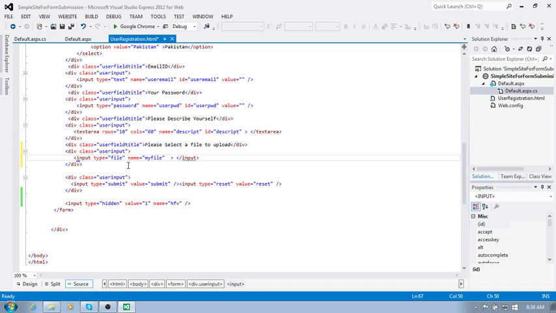Similarly, class equal to, we need to put some class, this is going to be user input. Like this I want to select a file. So once the file is selected, I should be submitting it. So close the input tag like this, then remove this. Input type equal to file, name is my file, then class equal to user